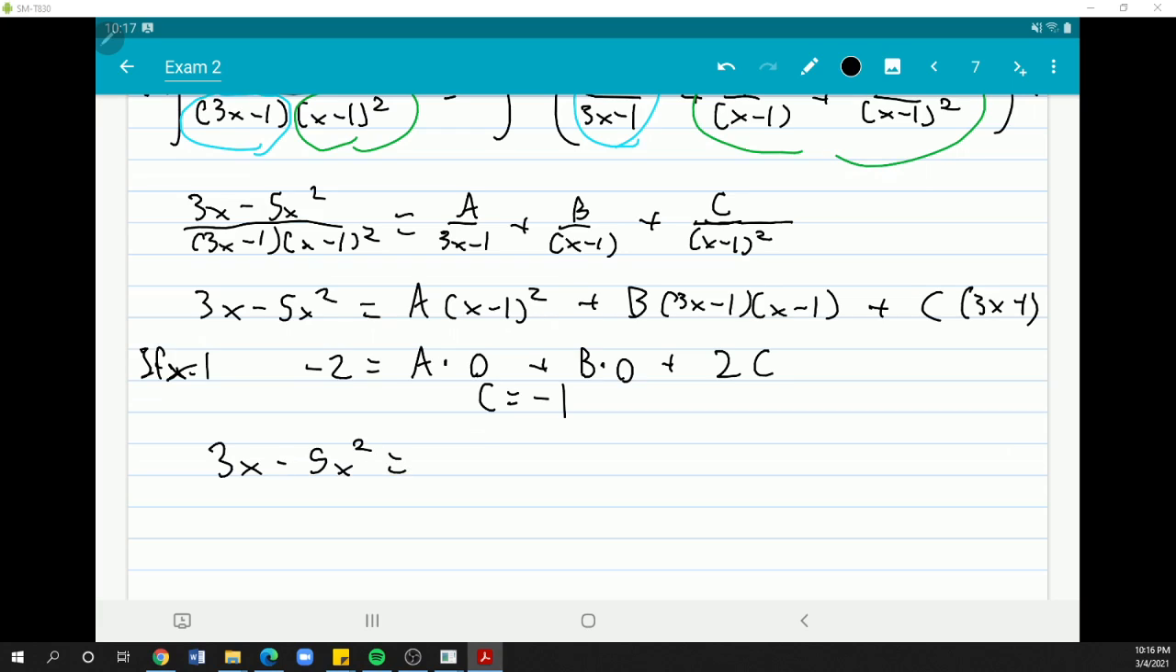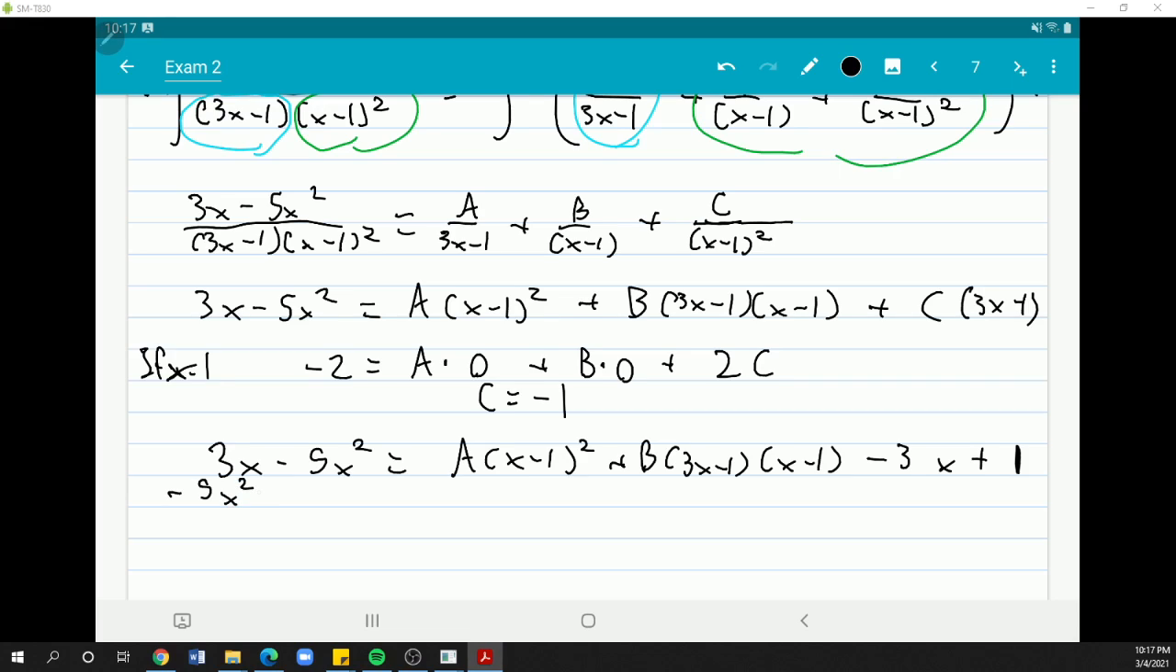3x minus 5 squared is equal to a times x minus 1 squared plus b times 3x minus 1 times x minus 1. And now I have minus 1 for c, so minus 3cx plus c, right? Because it's 3x minus 1, so multiply that by minus 1, you get minus 3x times c plus c. Sorry, we got rid of the c, that was the whole point. Plus 1, c was minus 1. So minus 1 times 3x is minus 3x, and then plus 1. And so now we have